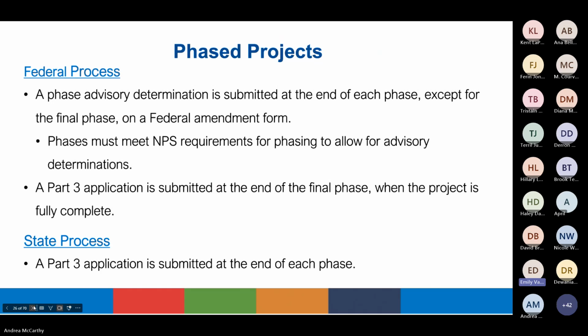There are a few instances where the Part 3 submittal process is different between the federal and state programs. One of these is phase projects. For federal projects, a phase advisory determination can be requested at the end of each phase. A phase advisory determination allows NPS to review the completed phase and determine whether the work meets the SOI standards. This can only be completed for phases of a project that have already been defined in the Part 2 approval and meet the NPS requirements for what constitutes a phase. Phase advisory determinations are submitted through the federal amendment form. The Part 3 application is only submitted at the completion of the final phase, once the entire project has been